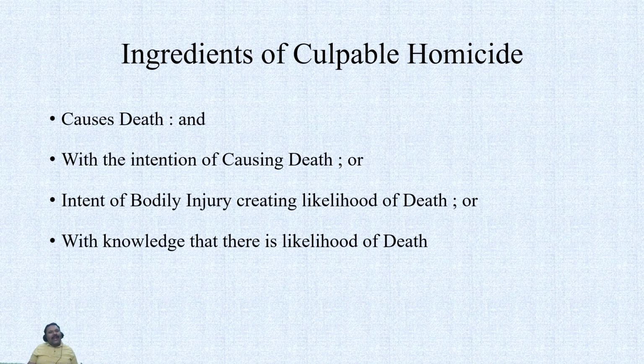So if you have knowledge that your act is likely to cause the death of another person, in that case, it will be considered that you have caused culpable homicide. If you know, for example, that if I do an inherently dangerous act, like throwing big stones from my roof, and below is a busy street, I know that if this stone falls on someone, it may cause the death of the person, so it creates a likelihood of death. So my knowledge is that this particular stone can fall on the head of someone, that person might die, and I'm still throwing stones from my roof onto a busy street. In that case, if that stone actually hits someone and that person dies, that will be considered culpable